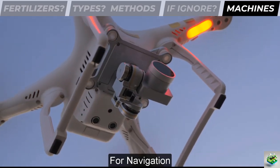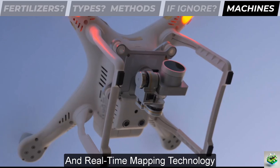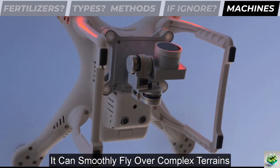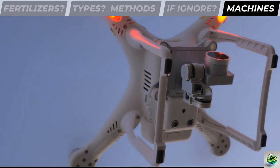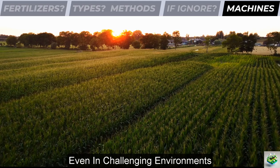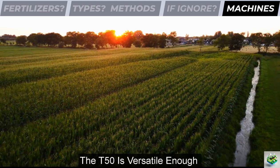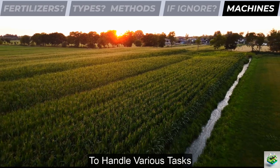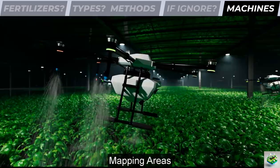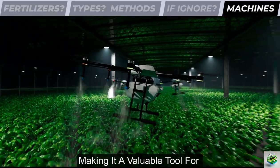minute. For navigation, the T50 is equipped with state-of-the-art sensors and real-time mapping technology. It can smoothly fly over complex terrains, avoid obstacles, and follow the land contours, making it safe and precise even in challenging environments. Beyond spraying, the T50 is versatile enough to handle various tasks. It can be used for surveying fields, mapping areas, and spreading seeds or fertilizers, making it a valuable tool for